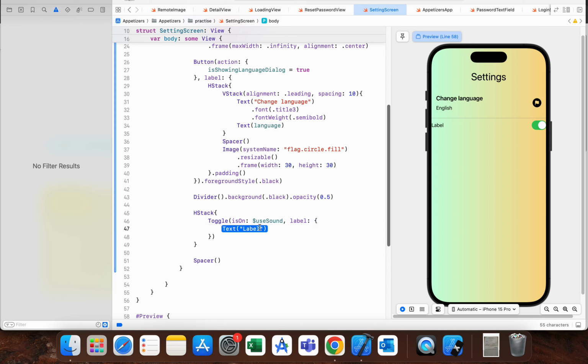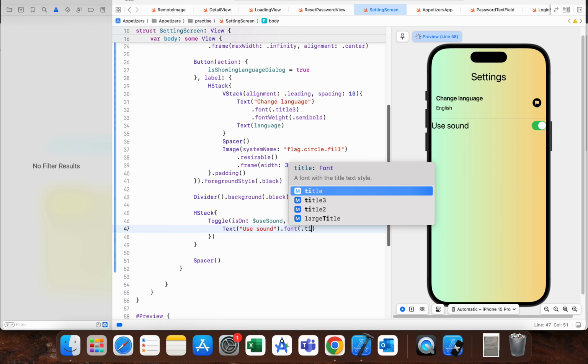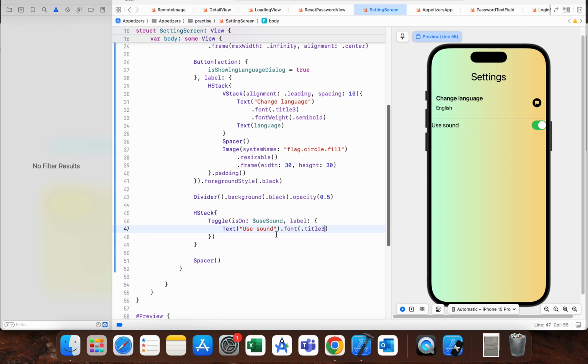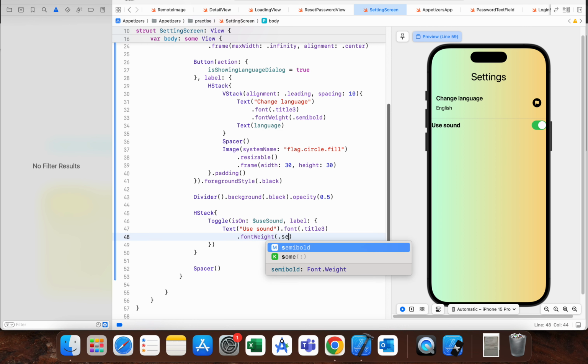For the label we'll use a text label, which will say use sound, font title 3, font weight of semi-bold also,